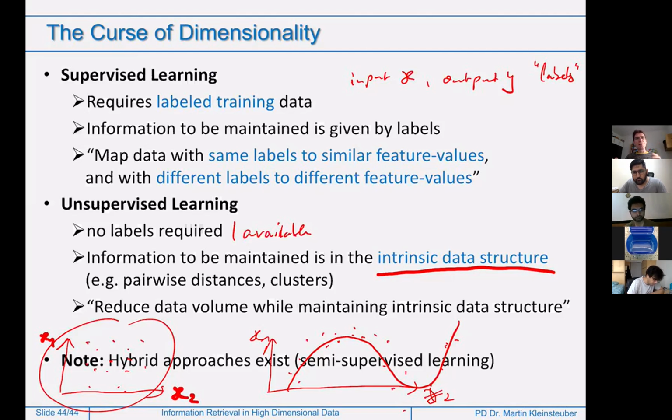What your brain did is it reduced the amount of information that you visually got through the image. You reduced that, you stored it, and then when you saw me, you recognized that the features I had map somehow to the other image that I see. So somehow in your brain you stored intrinsic features,